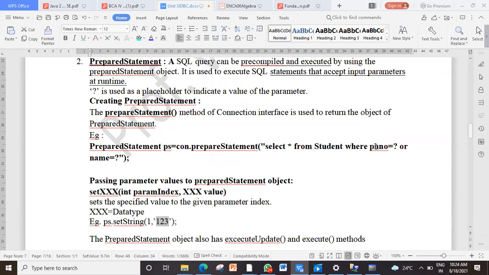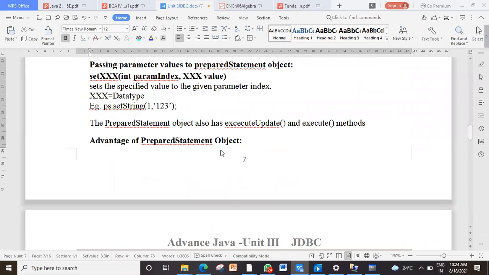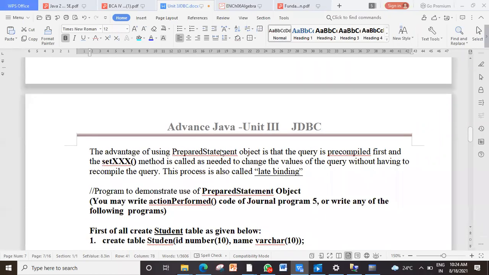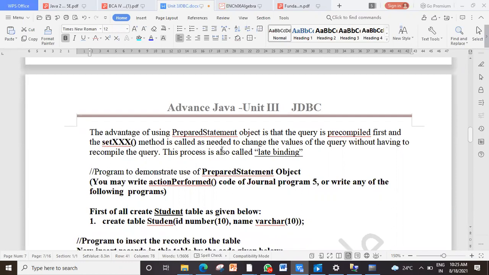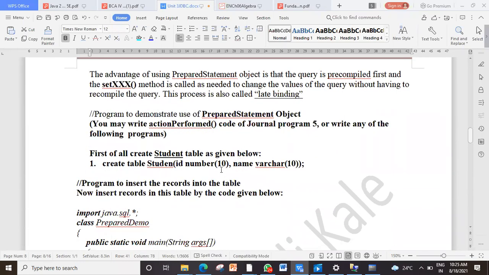Because here phone number and name, both I have taken as varchar. So both will be string only. So to the first value I am passing 1, 2, 3. So this is how a prepared statement can be used to execute the statements which are pre-compiled. Values for the parameter can be accepted dynamically. Clear with that? Now let's go to our journal program.